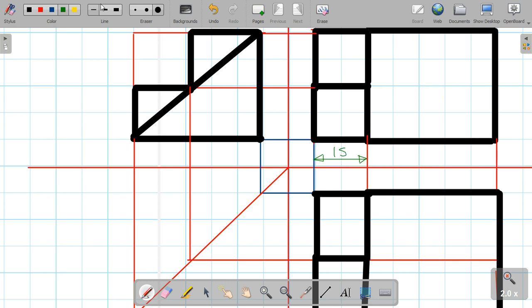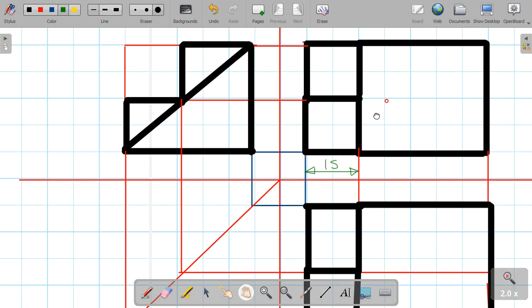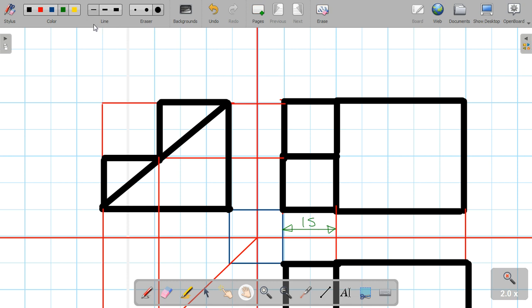Okay. Similarly, I will show only this 15. Then I will show here to this line, complete length of the object. Then I will write total length of this object is 45. I will write 45. Okay. Then now